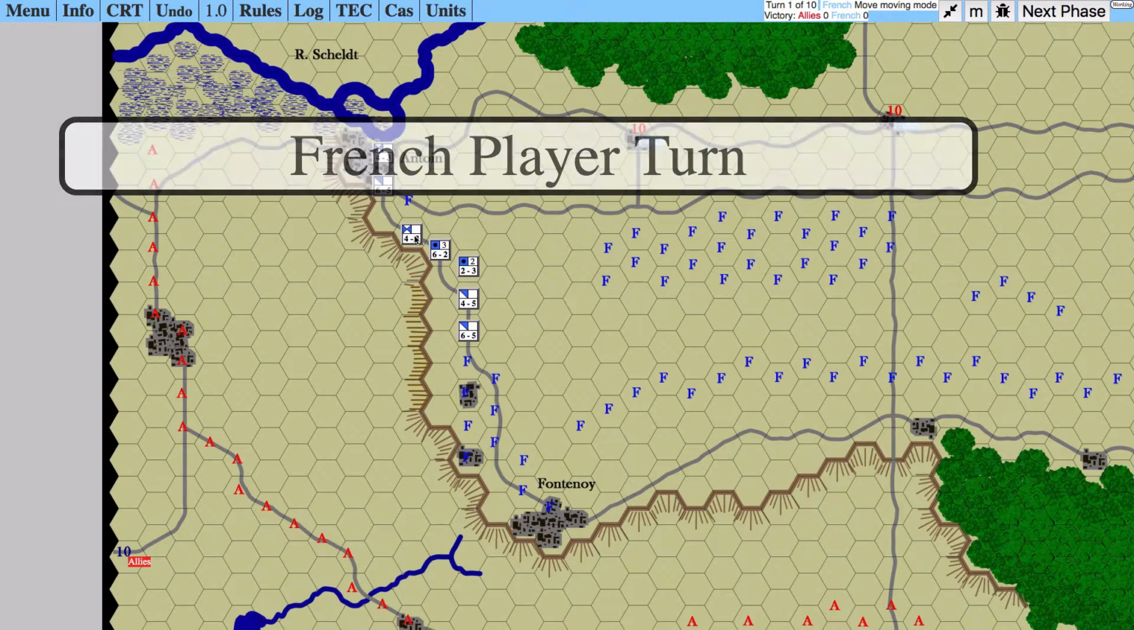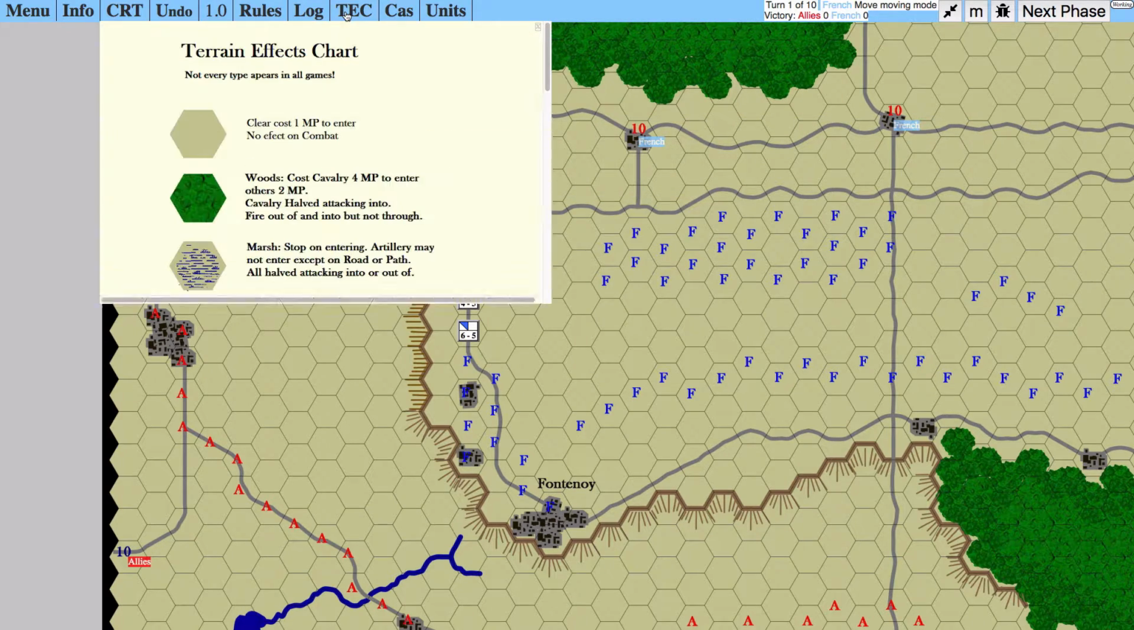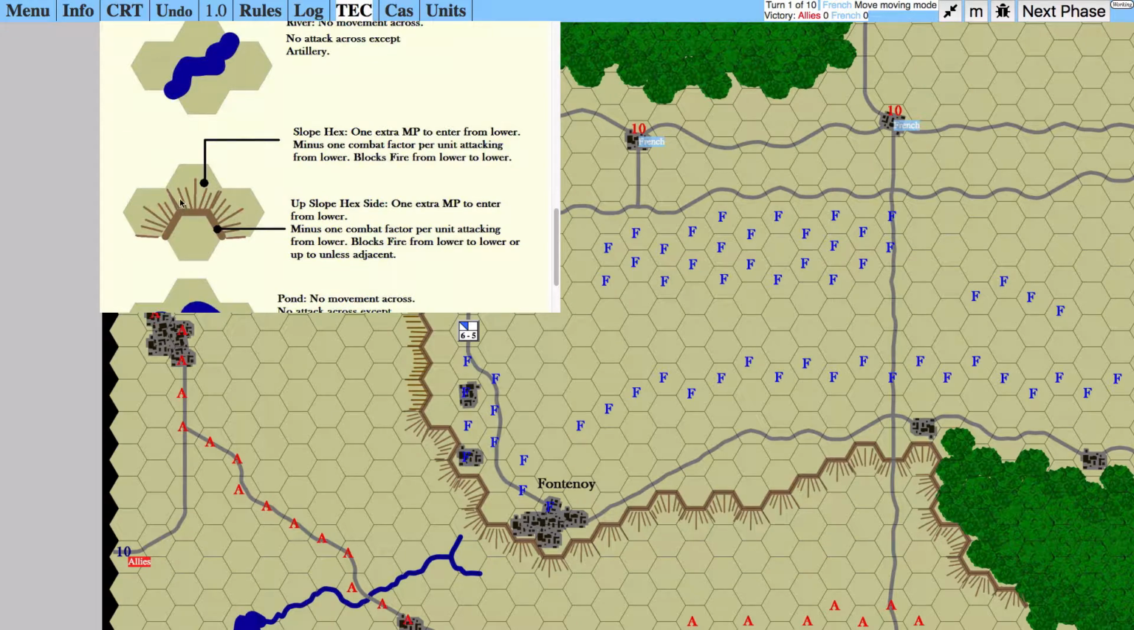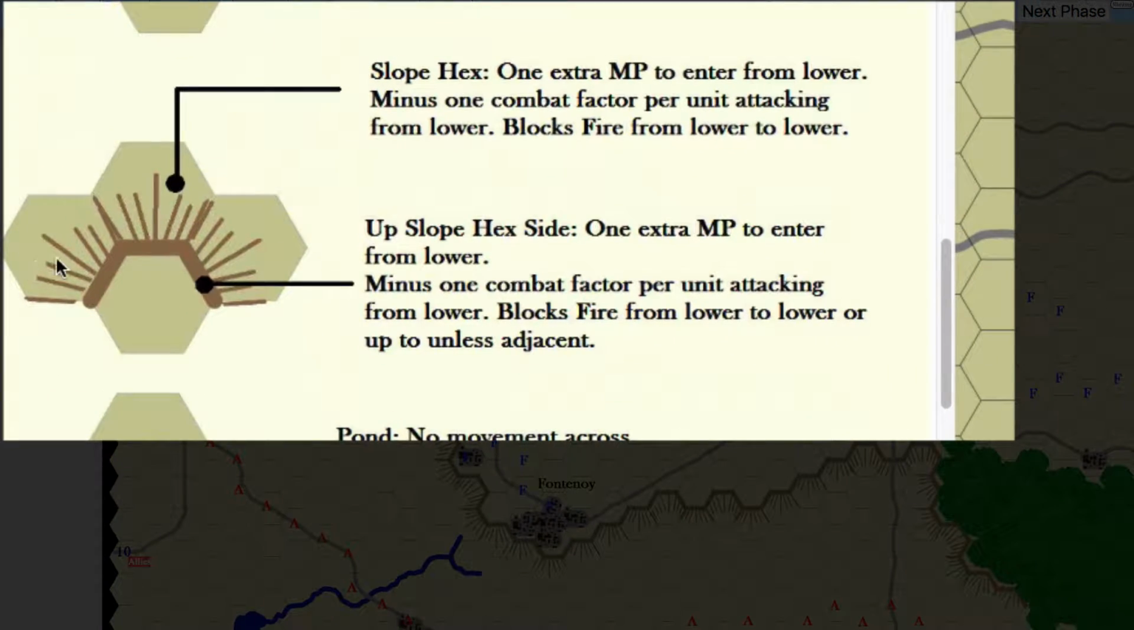And so here we have, if we consult the terrain effects chart, we should be able to see this part right here. Slopes, these things with the lines through them, the brown lines like that look a little bit like a slope, they are the slopes. This thing on top, which has that line right there, that is the crest hex side, and this is a